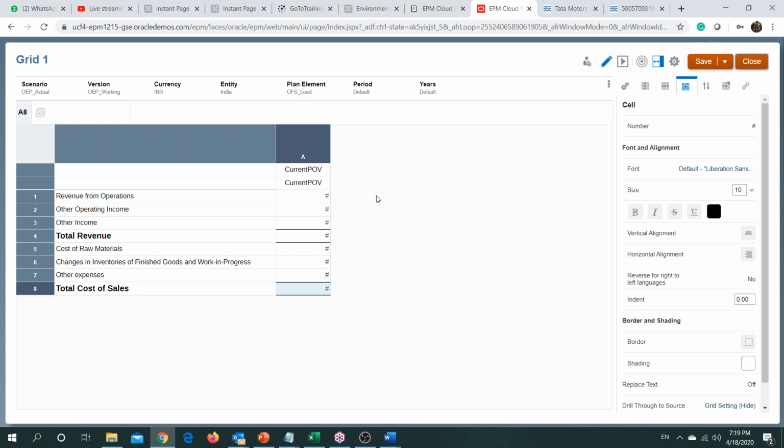So it is just giving me some error. Let's go to home page, report package.